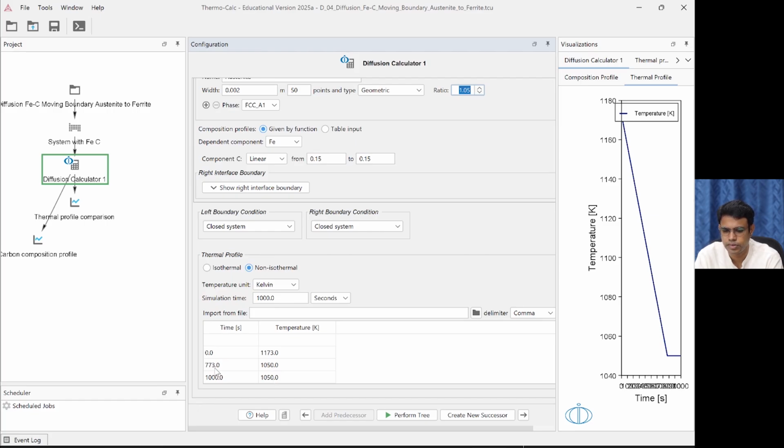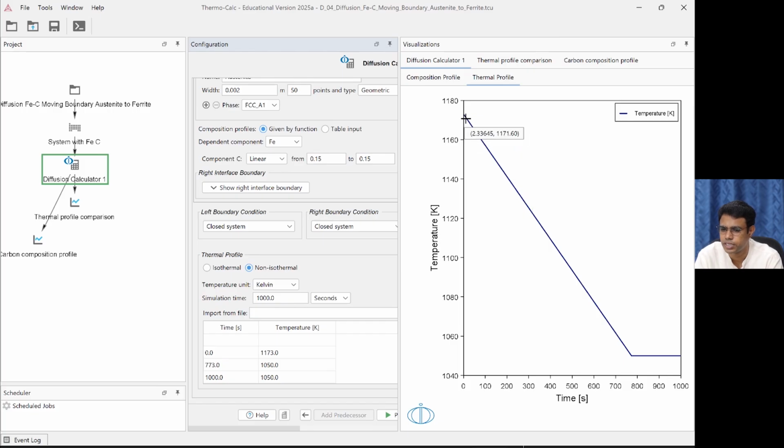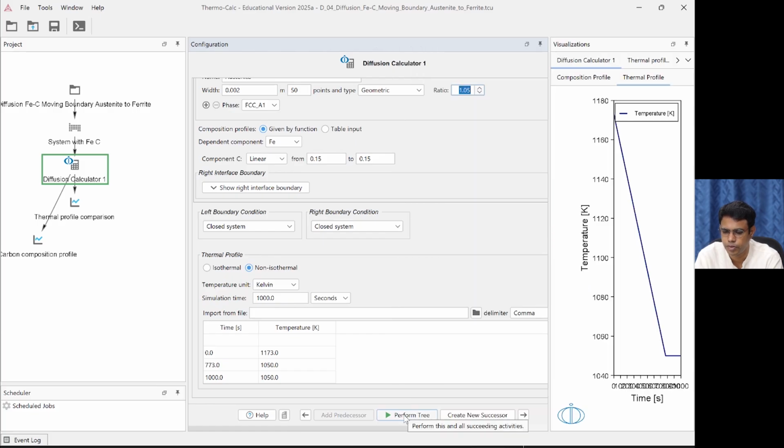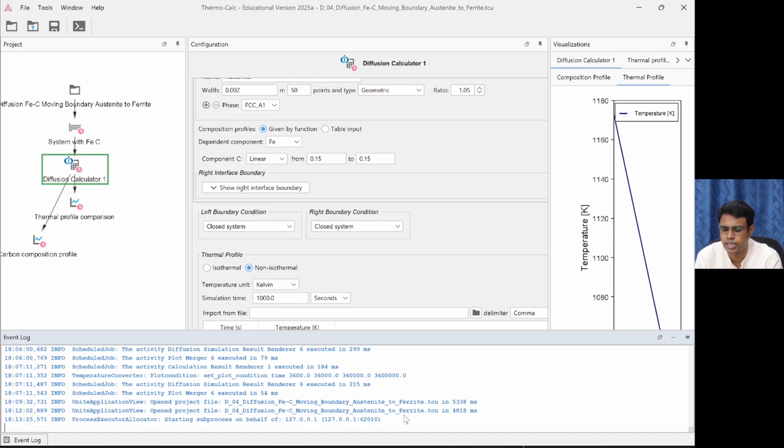So from 773 seconds to 1000 seconds it is constant, but between 0 and 773 it decreases from 1173 to 1050, and this is the thermal profile here. It decreases from this temperature to this temperature in a linear fashion and then remains constant. So this is non-isothermal in nature. Let's see how the results look in this case. I'm going to click perform tree, and let the calculation run.